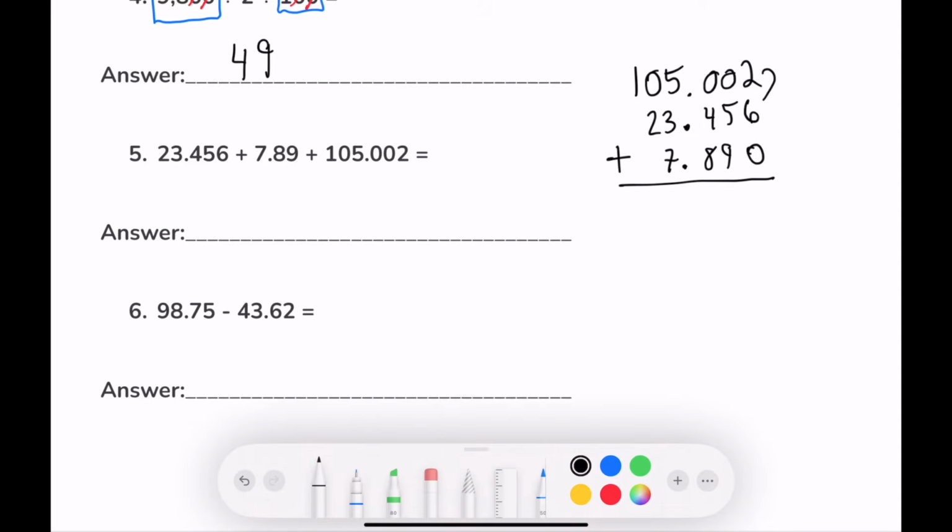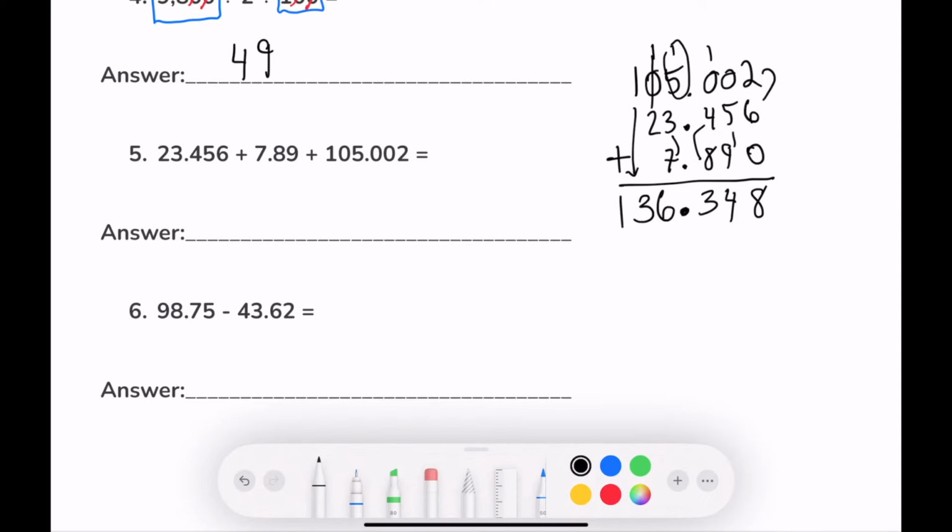Now let's add 2 and 6 makes 8. 9 and 5 makes 14. 8 and 4 is 12. Add one more, that's 13. Carry the decimal down. We have 7 and 3, that's 10. And we have this 6 right here. 10 and 6 is 16. And we have this 2 and 1, that's 3. Bring the 1 down, and we are left with a sum of